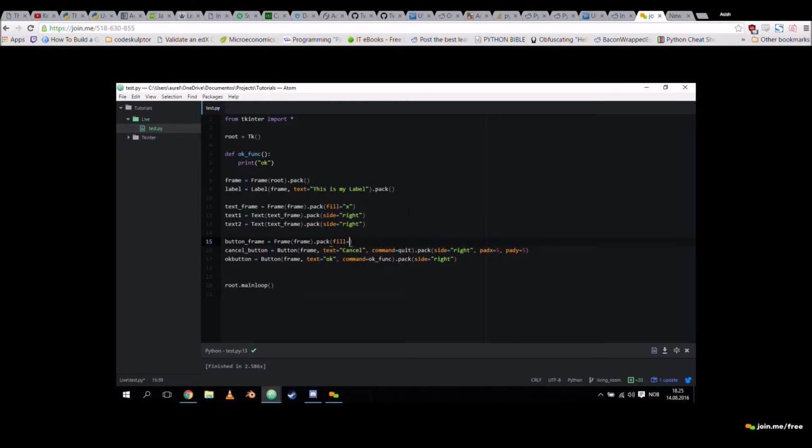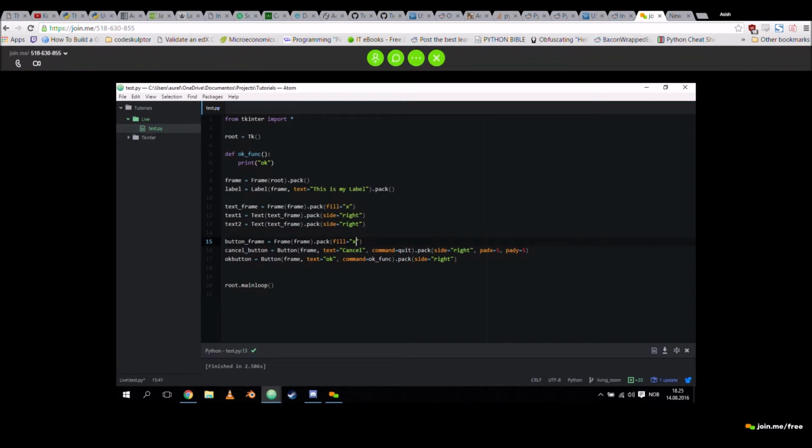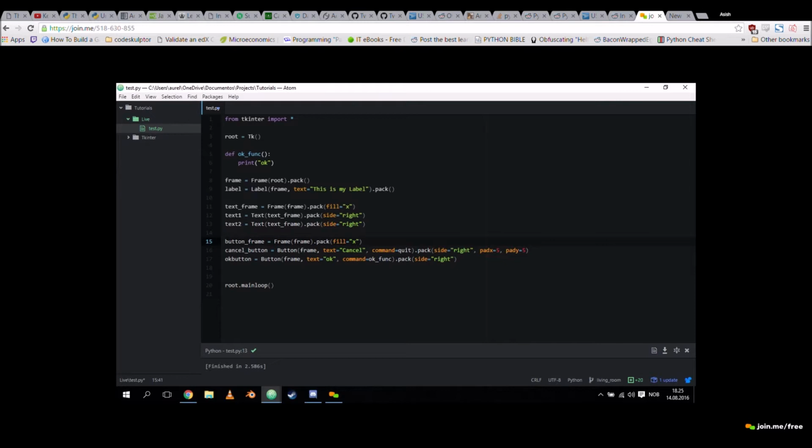Okay, that's always good. So I've created another frame for the buttons, and both frames I place in the top frame, so they're not dependent upon each other. They should be now individual frames, completely removed from each other. And I'm going to fill this frame like this in the... forget what it's called. Is it lower? Bottom. That's one. In the bottom side. So I've added side bottom to this frame.